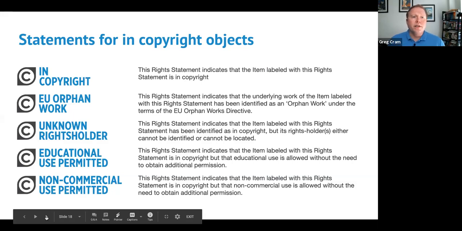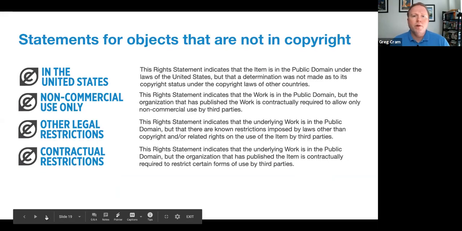Next slide. There's a no copyright category, and in this category, you won't find a generic public domain statement, at least not yet, but you will find a no copyright United States statement to acknowledge the differences between US law and the law of basically every other nation when it comes to the public domain. There are also flavors of no copyright, but other restrictions apply, because sometimes institutions agree to limit downstream uses of digital objects in exchange for digitization services. We needed statements to accommodate those kinds of more basic use restrictions that we've seen in the past.